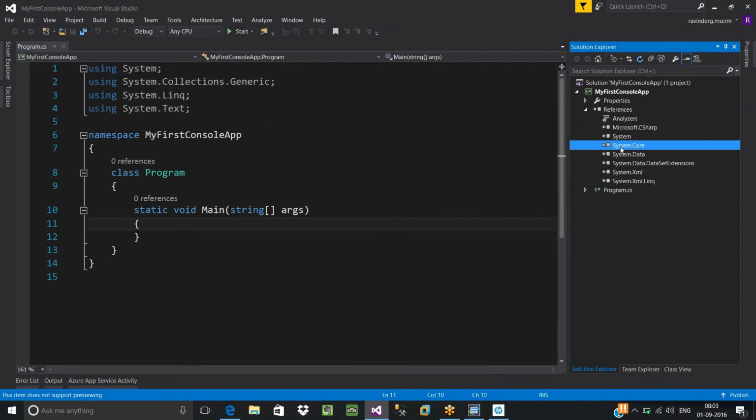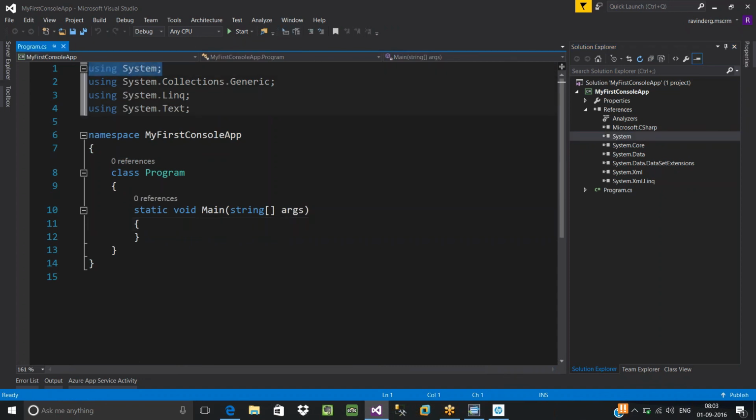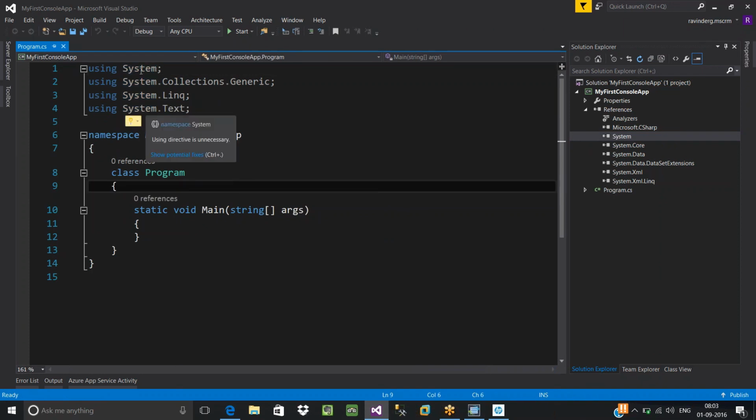If you're looking for any library other than this, which is not listed here, your environment doesn't know anything about System.dll, right? That is the reason the System library has to be added explicitly into your programming environment. And in order to make use of that, it has to be imported. We already discussed how to import a namespace. Whenever you want to import any namespace, you use a keyword called using System. It will take care of importing this namespace into your programming environment. Now whatever is there inside this namespace, you can start reusing directly.